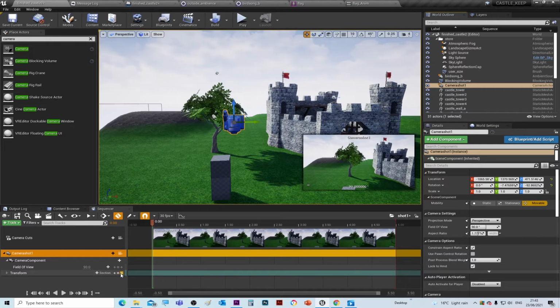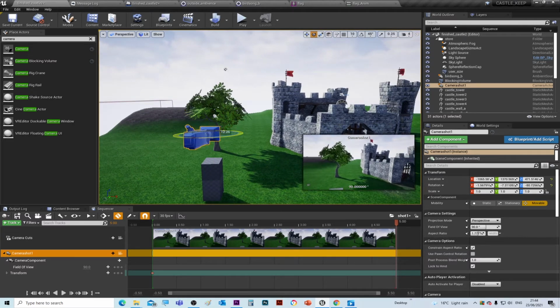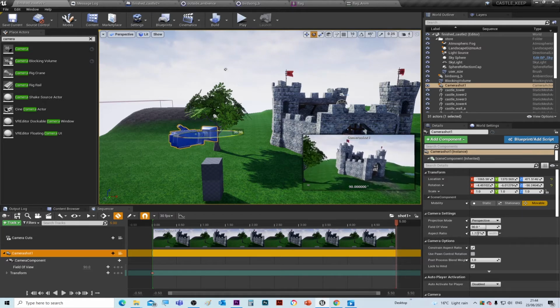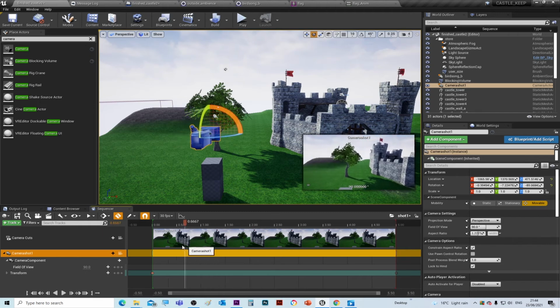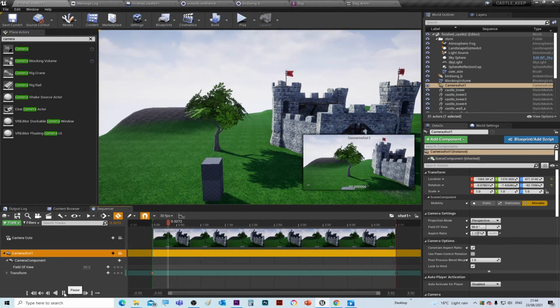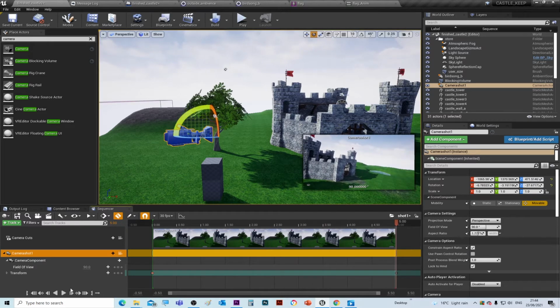So we'll click on keyframe, just like we did with the gate, and move that up to 5 seconds. And then all we're going to do is we're going to rotate this camera. Okay, and that'll give us a nice pan across the scene to there. And if we move the slider, you can see we've got a nice view, and you can play that back to see what it looks like. As you can see, there's that view. Okay, so we'll save that,